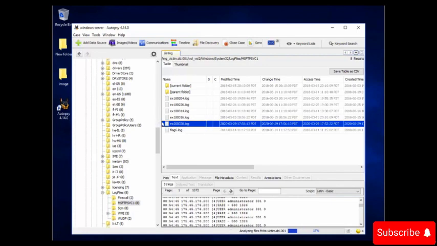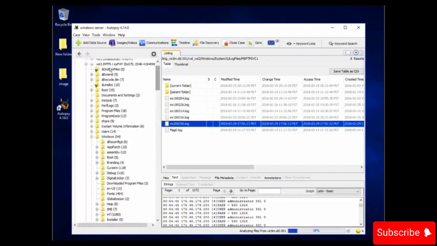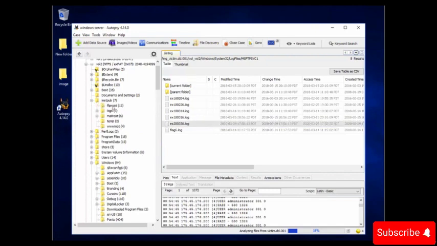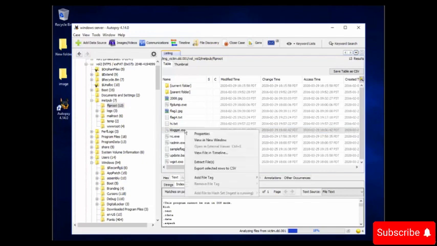Now let's search for the FTP root directory. So let's go to volume 2 on the left side and look for inetpub, and here is FTP root. Now you can see, as per date and time, there are many files that were uploaded during the time frame. Okay, so this file looks suspicious. So just right click on it and go to extract files.